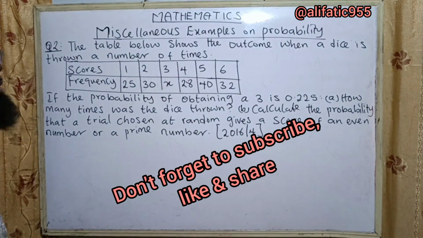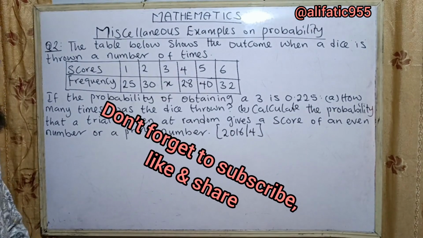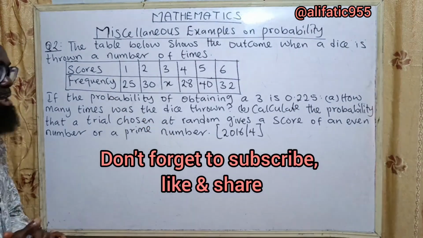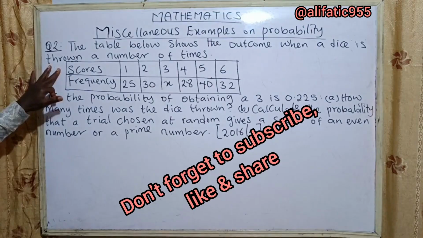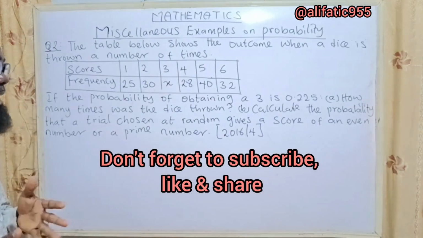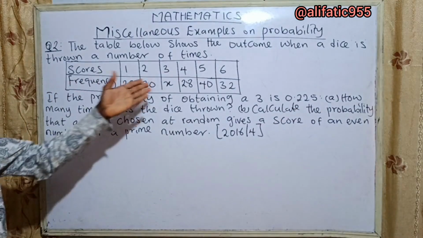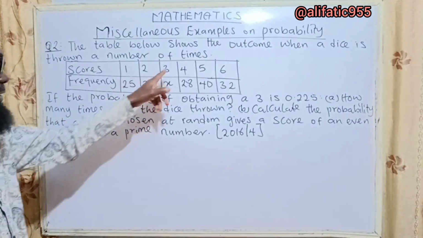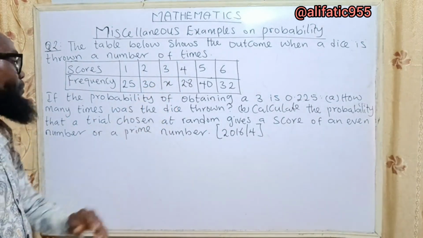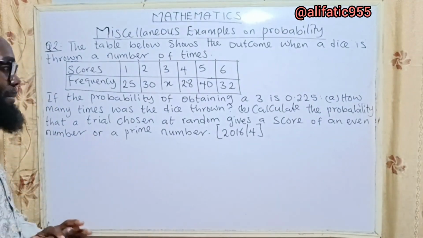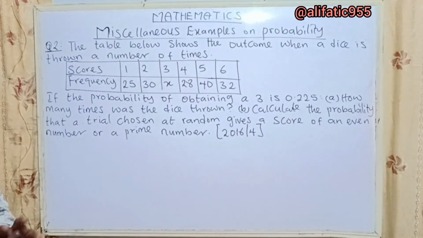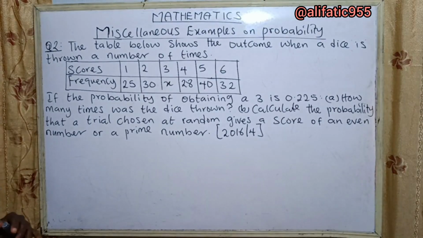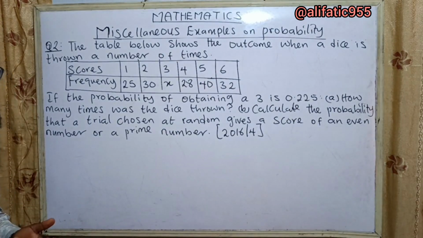Question 2. The table below shows the outcome when a dice is thrown a number of times. Given the scores 1 to 6, that's the number on the die, then the frequency. But in this frequency, we have a particular number, which is 3, that doesn't have a frequency. If the probability of obtaining a 3 is 0.225,